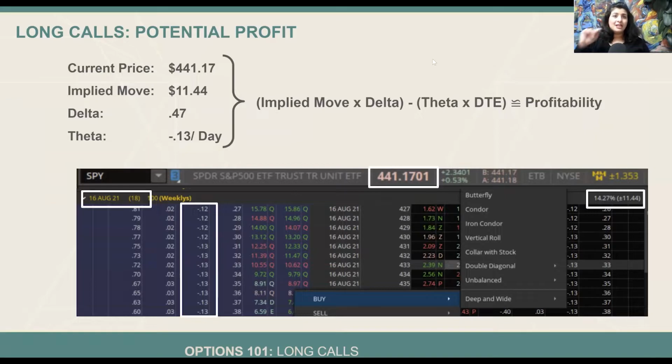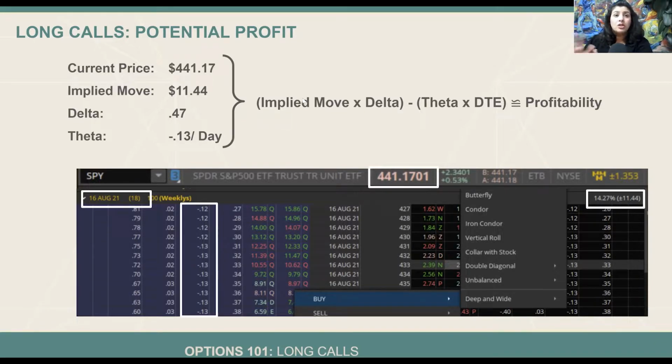So as Leona was asking, how can you do that, those technicals? You look at the current price, and you look at the implied move, you look at the delta, and you look at the theta. Whenever you're in a long position, theta is always negative. So you will take the implied move and you will multiply it by delta. And then you will take theta, which is